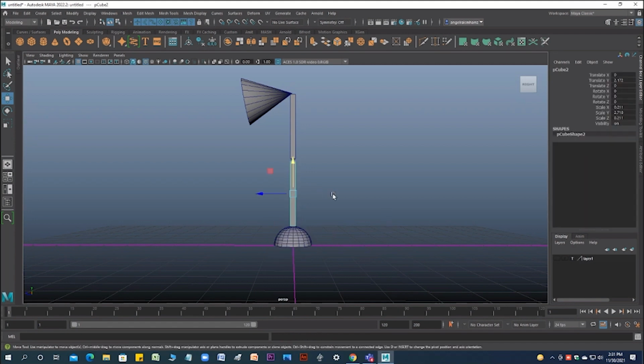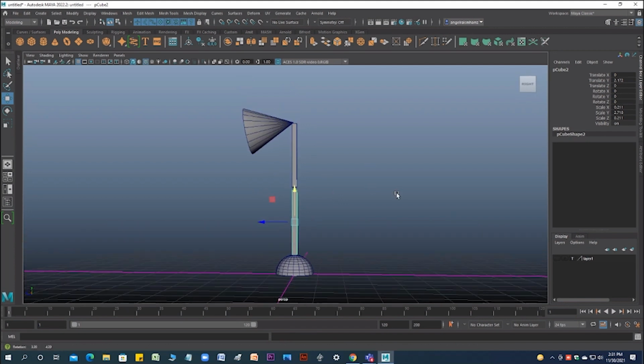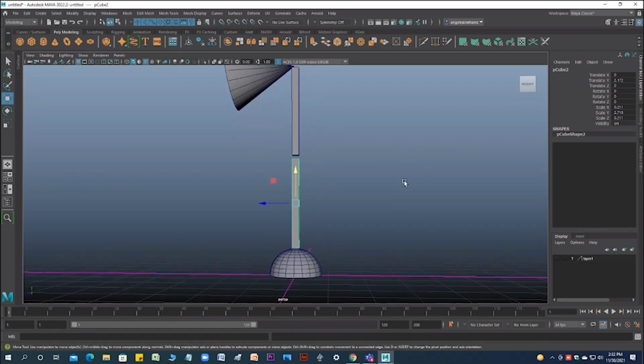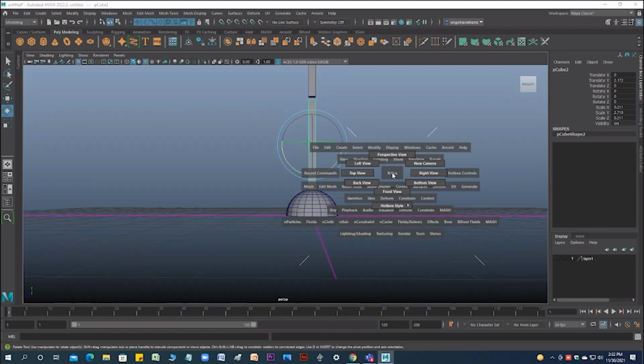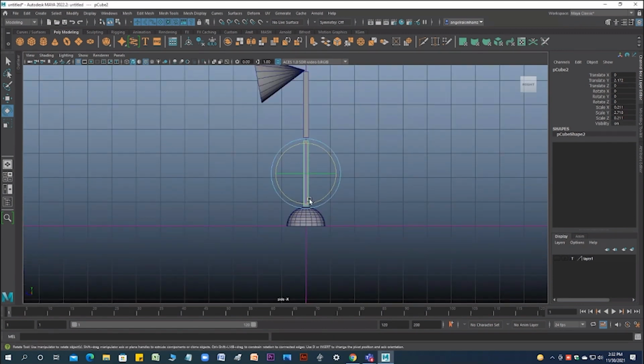Okay, and I want some kind of angle, you can say. So if I rotate, just pay your attention. It's a very small thing, but it's a valuable thing. So I am rotating like this, right? It is rotating from the center. But I want the anchor point to be here because it's supposed to rotate from here.